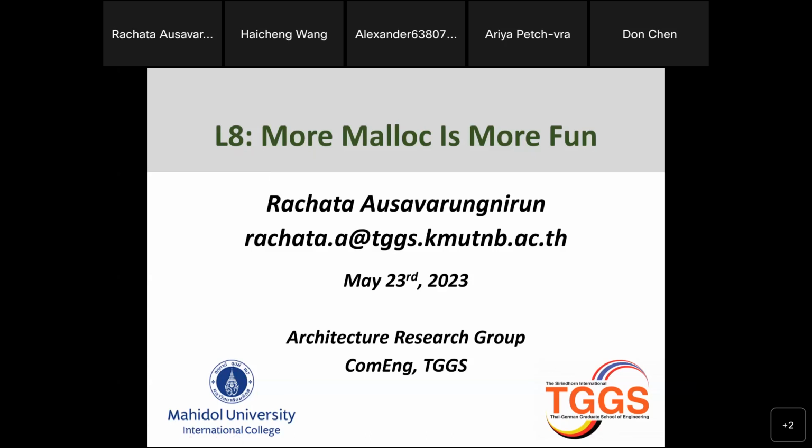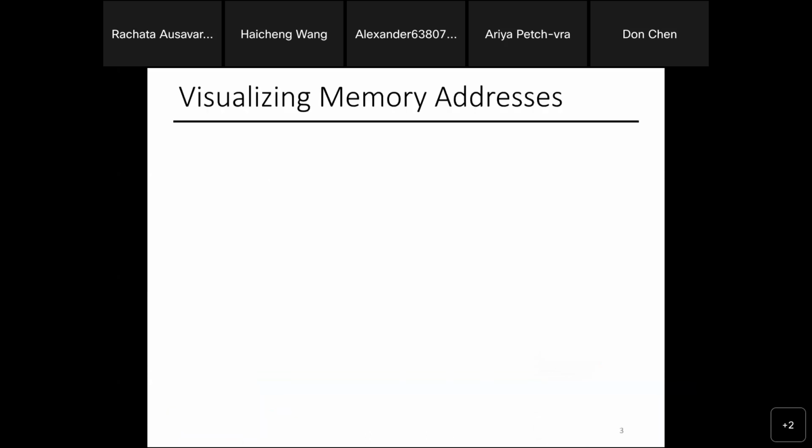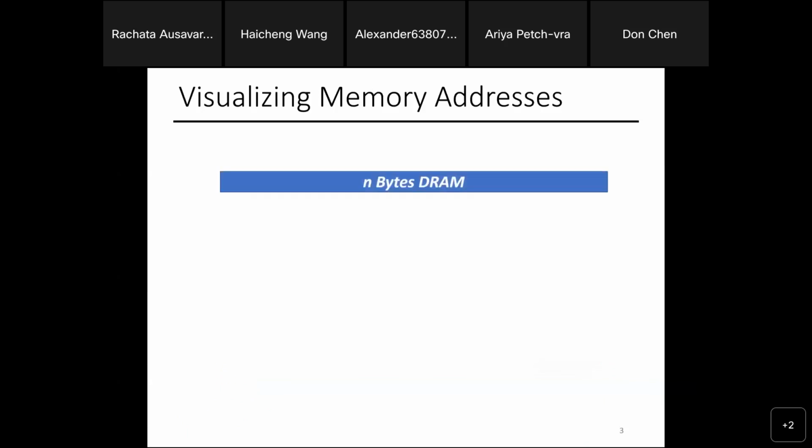All right, so today we will do a lot more malloc memory allocation, basically an extension from last week. So a quick recap, right? We talked about memory addresses: when you want to use any data, it's going to be in DRAM. There are many ways you can say, hey, I want these places in DRAM for your data. One way to do that is to use an array. The 10 in the brackets means that I have space for 10 items in the array, right?